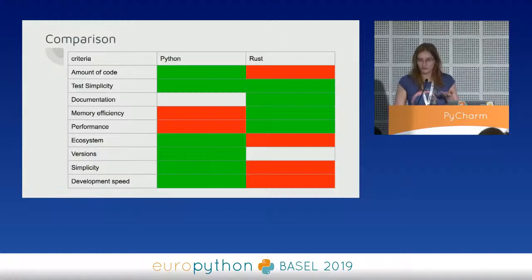Yeah. So let's have a more visual comparison. So, amount of code. Rust is about 2 times more code. It can be even more or about the same amount if you know how to write your program, but for beginners, Python is a clear advantage there. The simplicity is, in both cases, very simple. Both languages are trying to keep it very simple and usable.